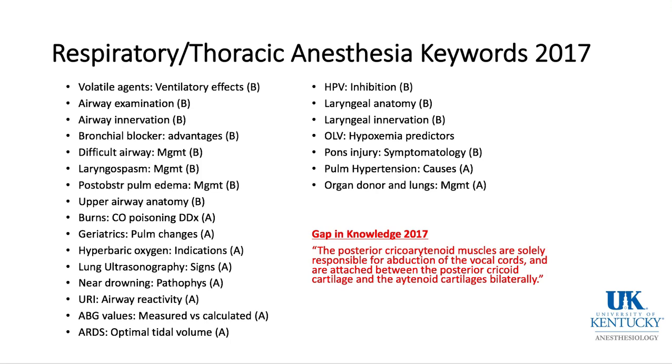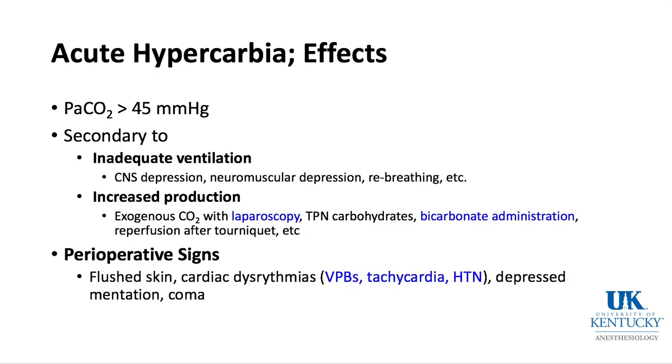But let's move right into our next topic in this series, and that is acute hypercarbia and the effects of acute hypercarbia. When the PaCO2 rises to greater than 45 millimeters of mercury, we say that's hypercarbia, and it can be secondary to inadequate ventilation, where CNS depression could be the cause from opioid administration, or neuromuscular depression from residual neuromuscular blockade, rebreathing when the CO2 absorber is used up in the anesthesia machine, or the inspiratory and/or expiratory valves